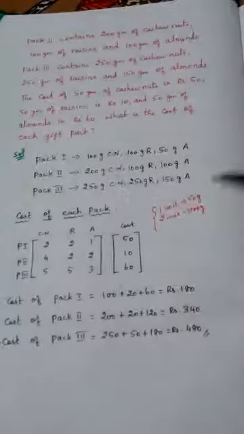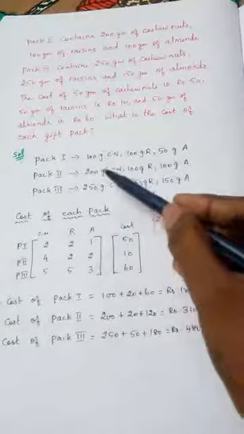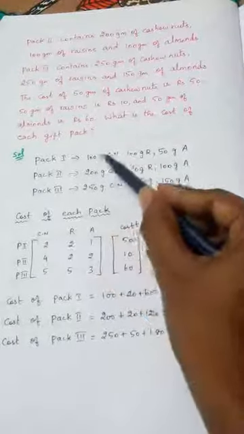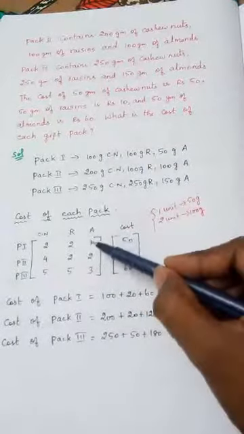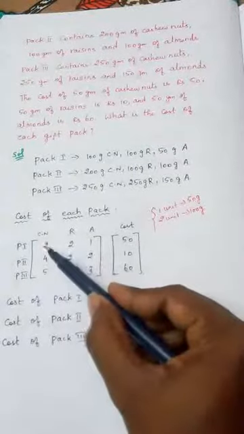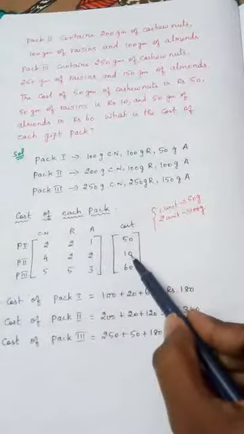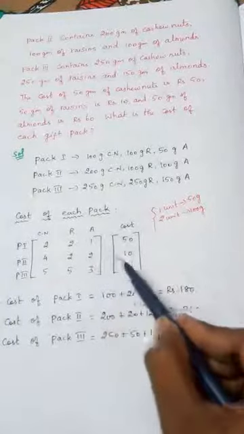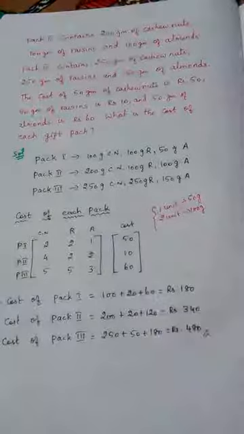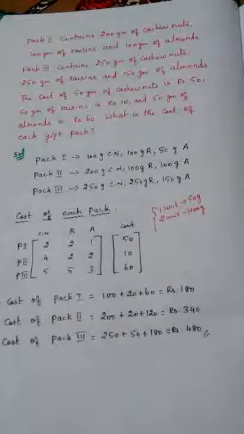Hope you understood why we are writing 2, 2, 1 and not 100, 100, 50, because we are taking 50 gram as 1 unit. And the cost here, if you see, this is cashew nuts and this is the cost of cashew nut. This is raisin, this is the cost of raisin. This is almond, this is the cost of almond. So the corresponding cost we get perfectly here. Hope you understand this sum. So using matrix arrangement we are finding the answer.